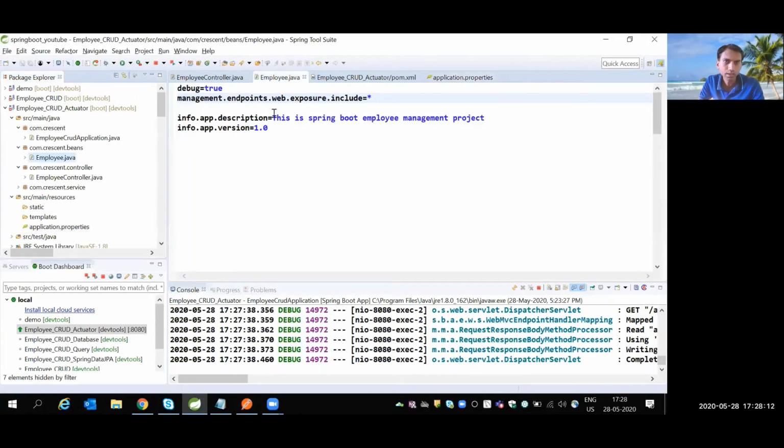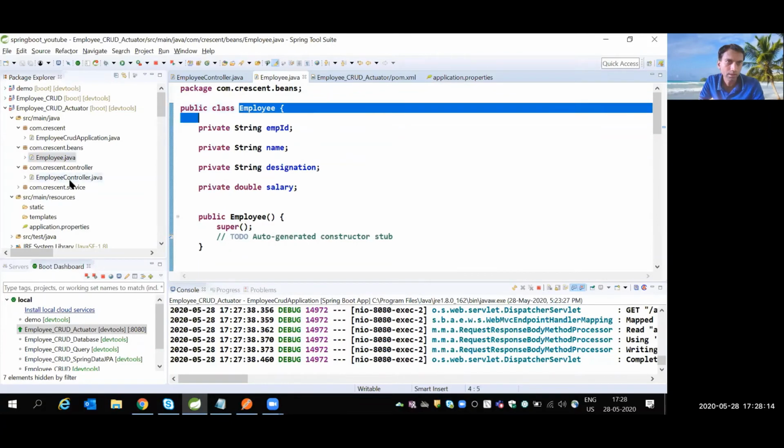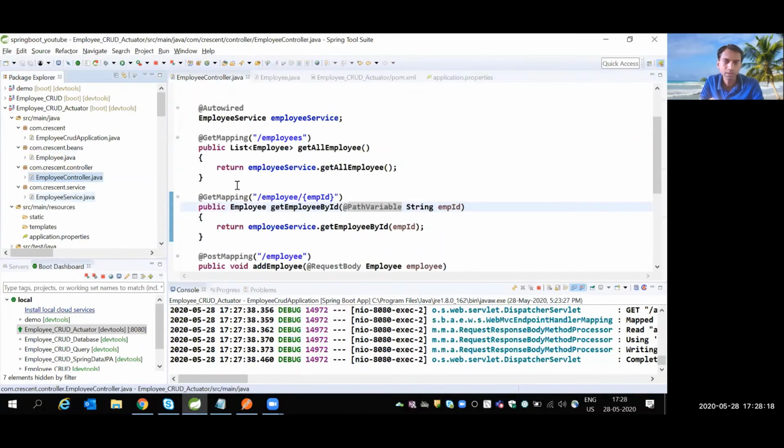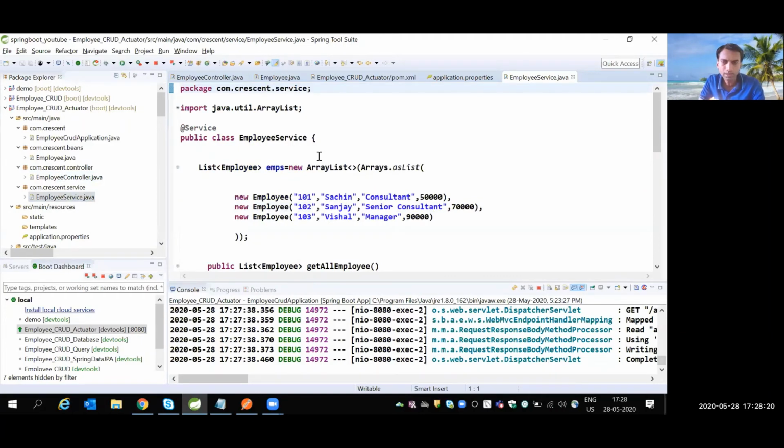One is the employee bean, another is the controller bean, another is the service bean. So why am I getting more than 1300 lines? Basically, by default, some of the classes are auto-configured, so those beans are also showing.